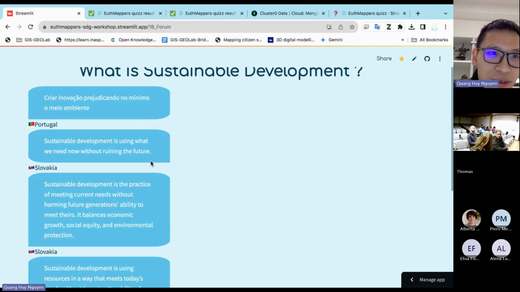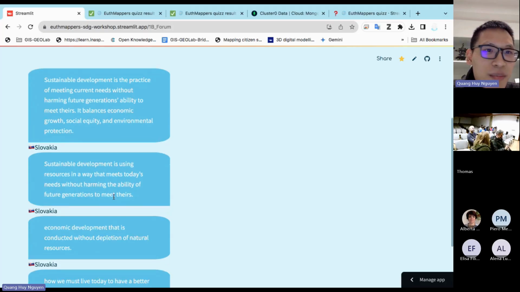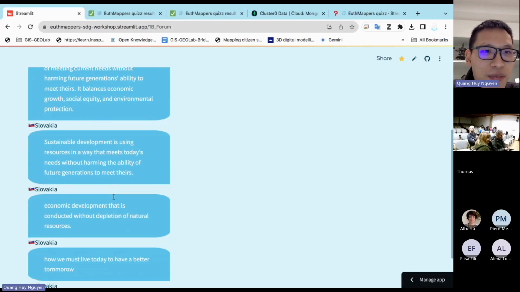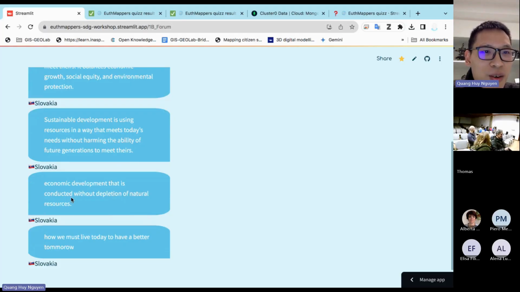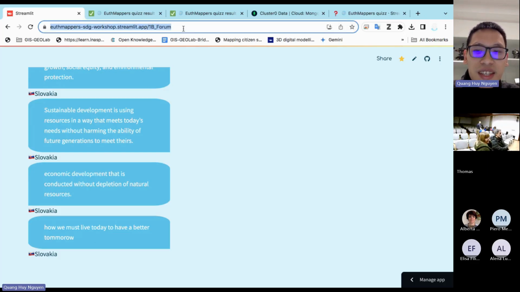The first one I could not clearly understand, but I think it's about innovation with the minimum effect on the environment. This one says: without ruining the future, sustainable development is the practice of meeting the current need. Economic development conducted without the depletion of natural resources, and how we must live today to have a better tomorrow. I think this one is a really concise and interesting definition.